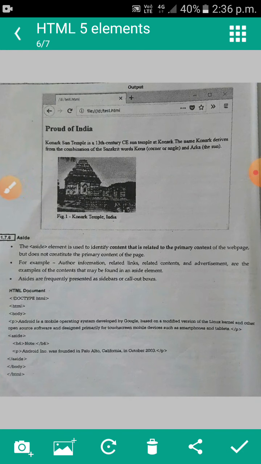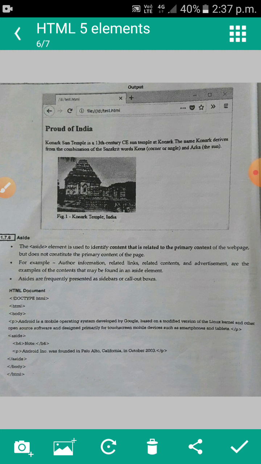Okay, then next is the aside tag. This aside element is used to identify the content that is related to the primary content of the web page but does not constitute the primary content of the web page. Why do we use this aside tag? If we search for some information, like I searched Indian history, some links will be displayed.